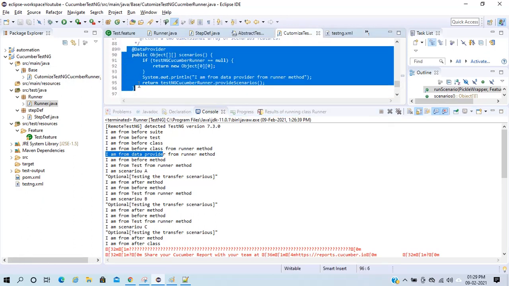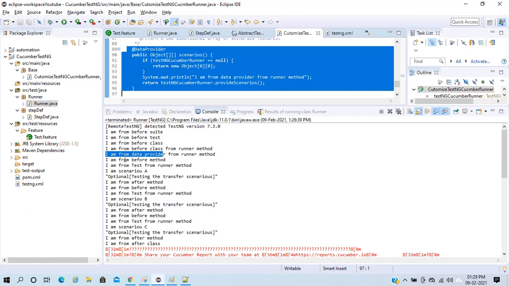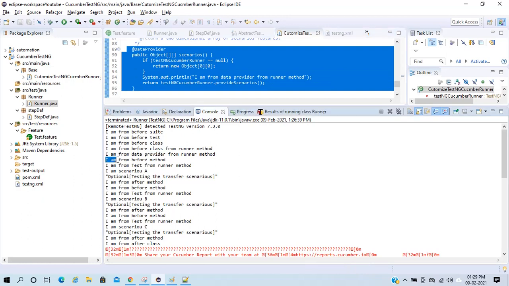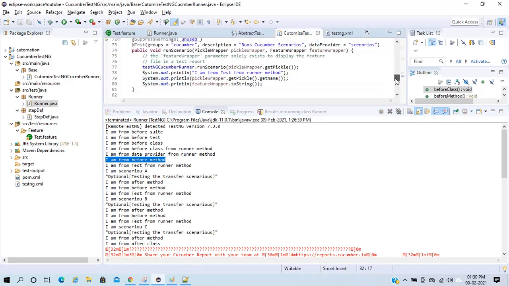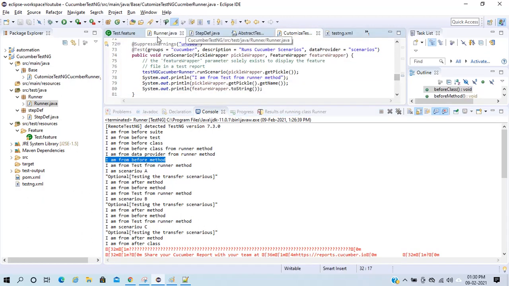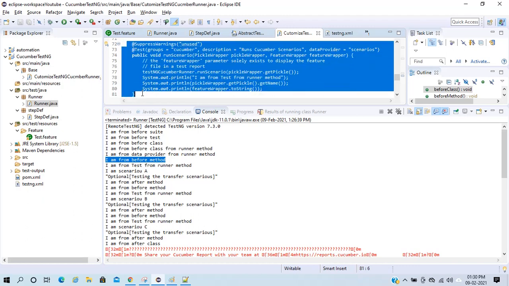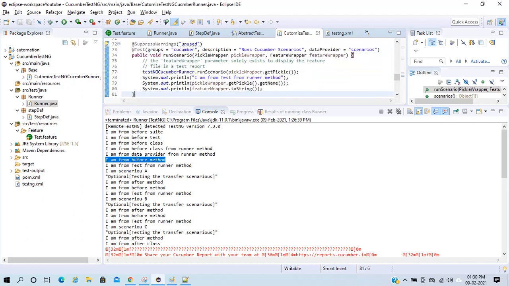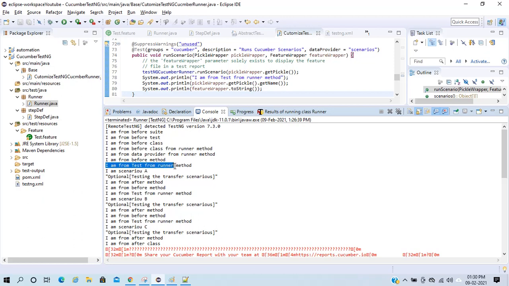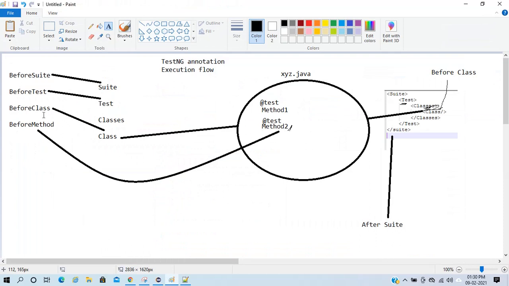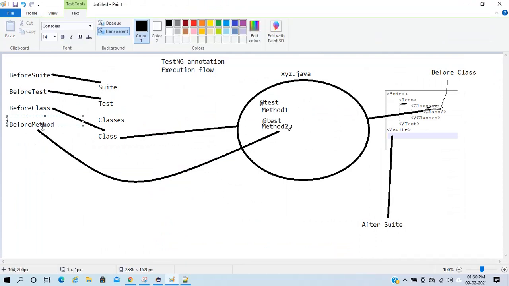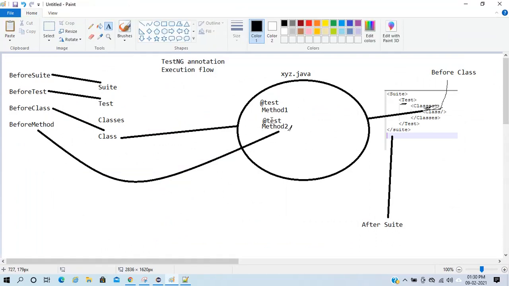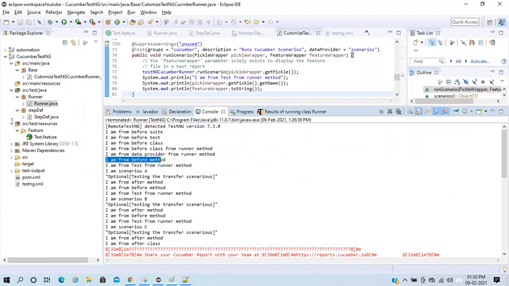So data provider got executed, then after the data provider it got the before method. So I have one method. This got executed: I am from test from runner method, I am from before method. This is coming from the before method. You remember, before executing any @Test, my before method will execute first.